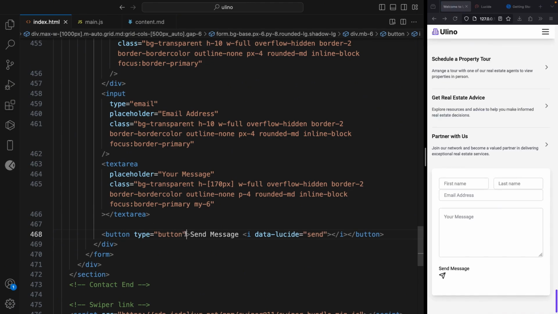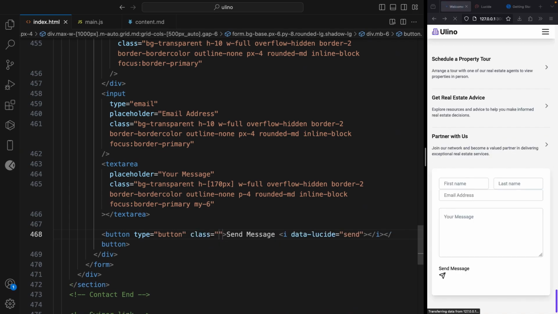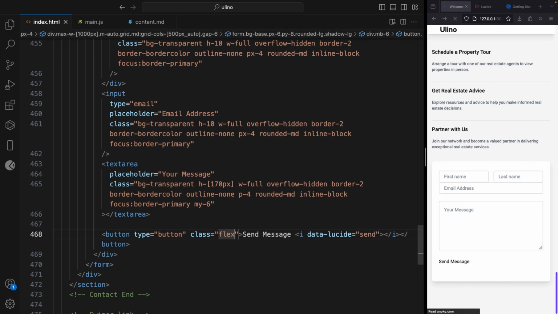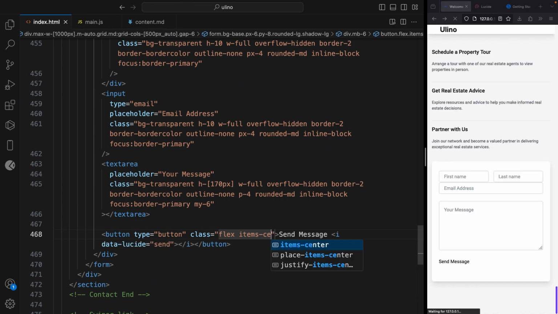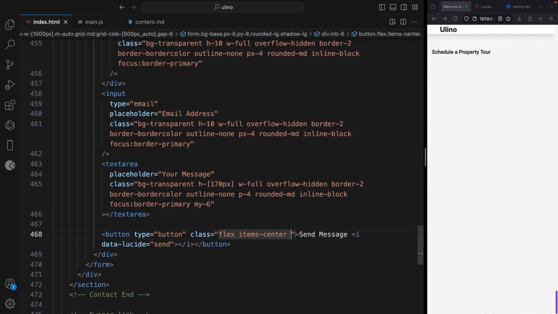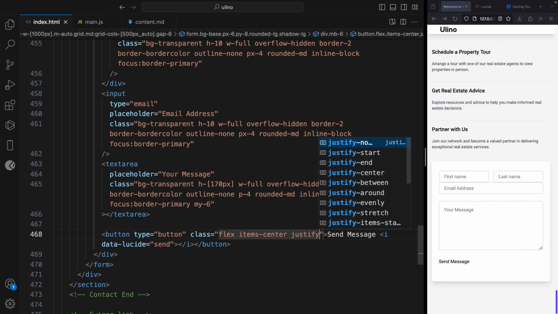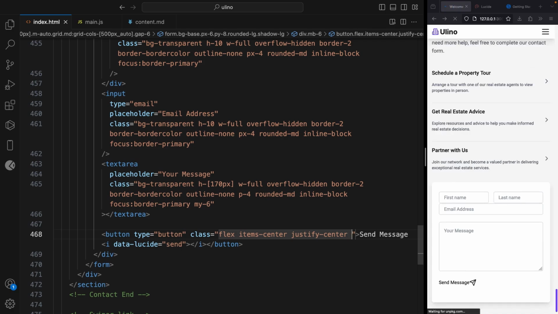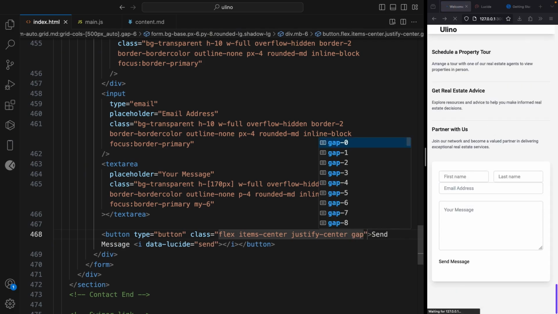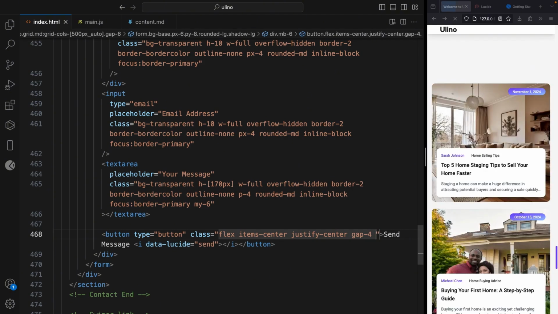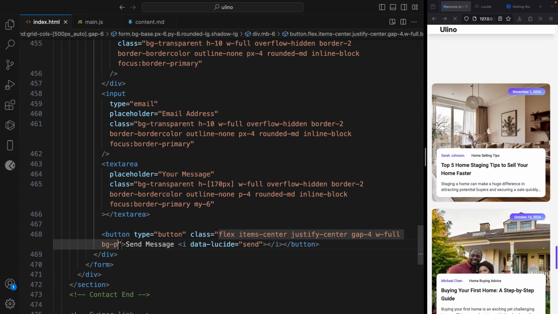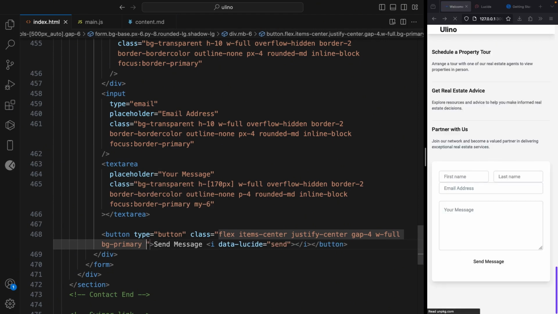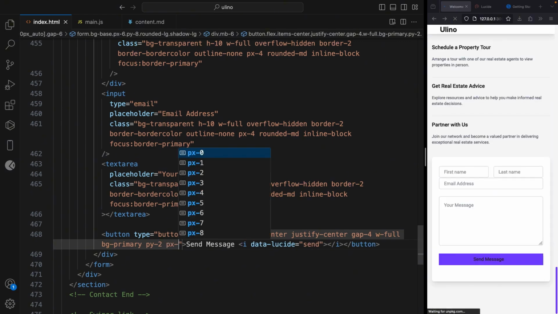So let's give it a class, and let's say text-center, and also let's give it a bg-